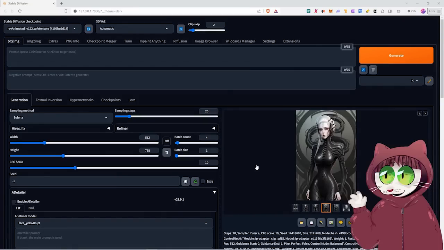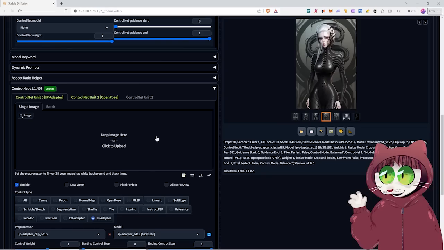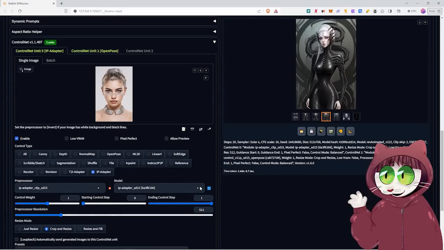Let's go back to the photoreal stuff, because this is another very cool thing, and of course this will work for characters as well. We're going to grab an image of the face, and of course it doesn't even have to be an image that's generated inside Stable Diffusion. It could be a face from a photograph if you want. So I've brought in this face here that I've generated for my upcoming book on prompting people. We're going to go to the second one, the open pose, and I'm going to just choose an image with a pose in it, and then back in the face image here we're going to change the IP adapter to